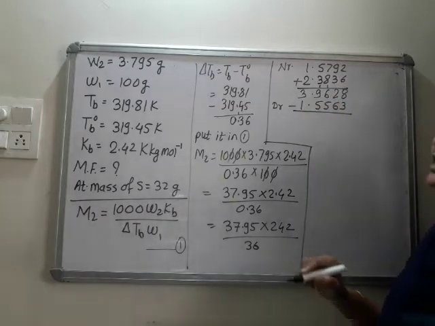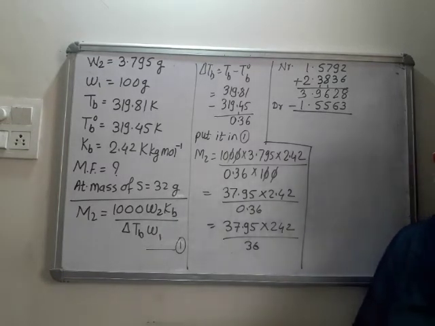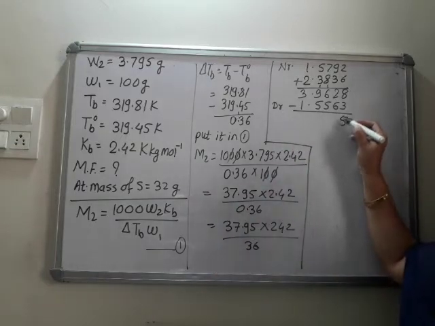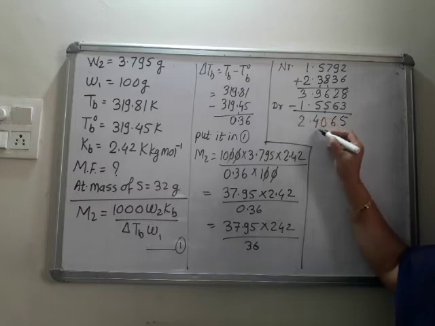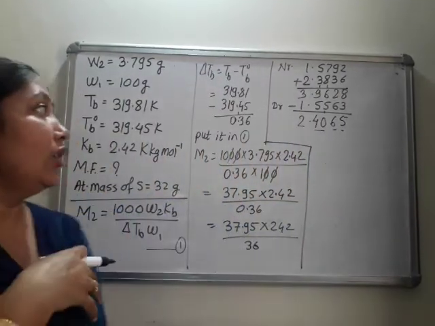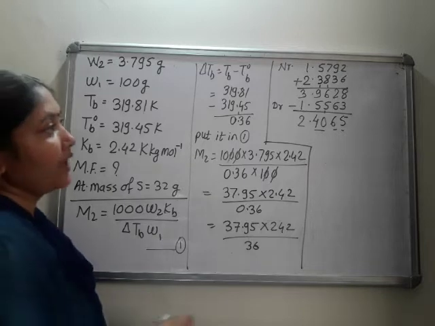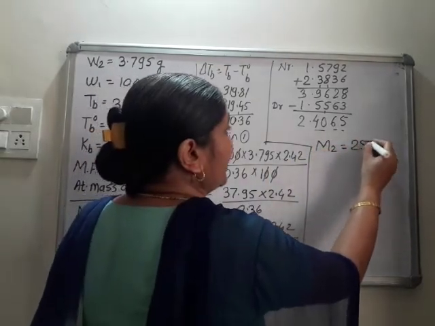Is it 3.9628? Addition, numerator log. And now subtract this denominator. So this is equal to, this is 0, this is 4 and this is 2. 4065, right? What is antilog of this? 4065. 2550. So we get M2 is 2550